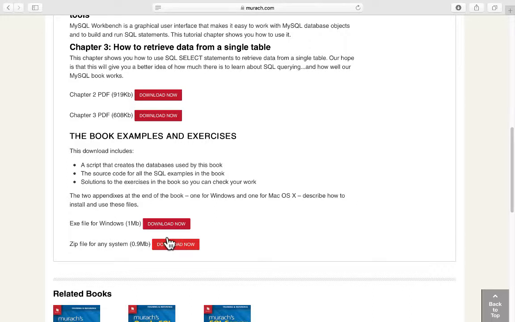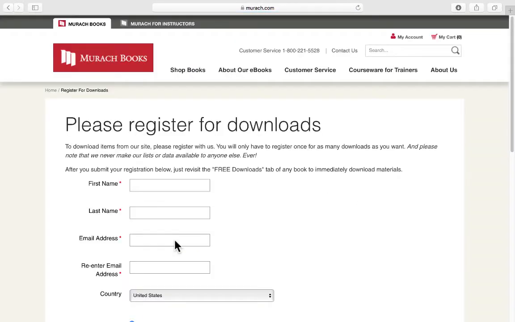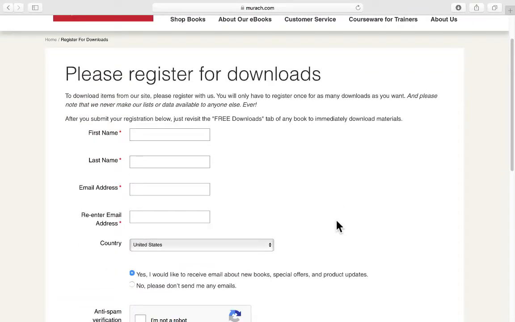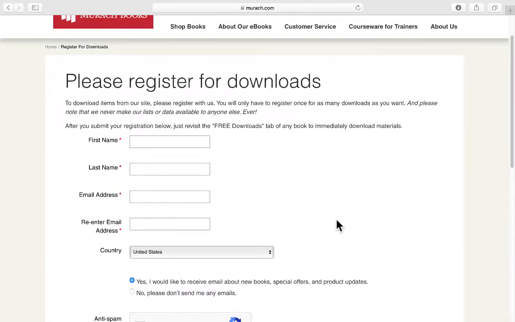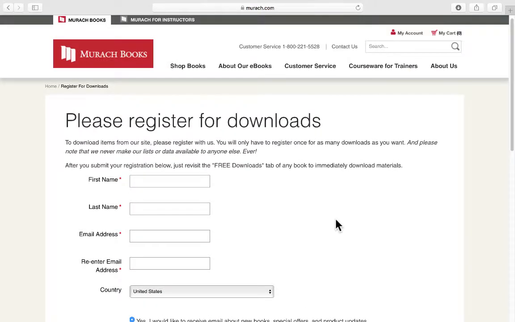So when we click on this, Download Now, what do we get? Well, we get the opportunity to sign up for another mailing list. Well, that's okay with me because these are good guys. These Murach guys, I've been using their books for probably 20 years off and on, and they have a lot of good books. So I just put in my name. I'm already on their list, but I don't care. I'll be on their list again. And I'm going to use my email address from the University of Illinois because that's where I'm going to be using this